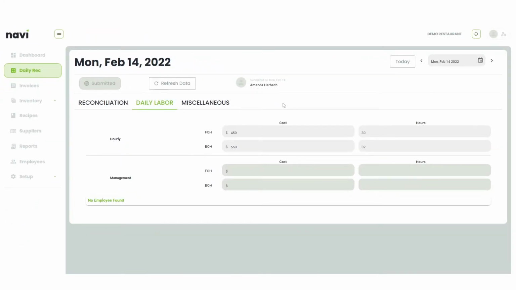I currently have daily labor set to an undetailed form since my POS takes care of my employees' detailed timesheets. This allows me to enter front of house labor and back of house labor as a total cost and total hours worked. If you do not have a system in place to track punch-ins and punch-outs, then we can turn